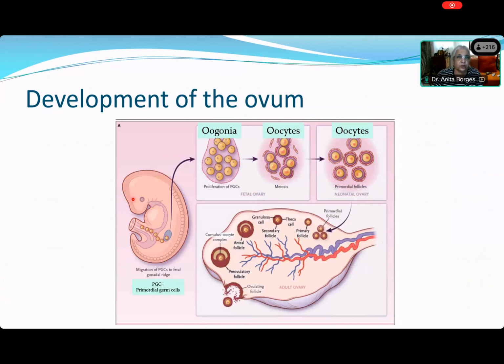Okay, good. So just quickly to tell you the development of the ovum. See here, oogonia are there only in the fetal ovary. In an early fetal ovary, then you get oocytes, and the oocytes are in the neonatal ovary. So all women are born with a fixed number of oocytes, which only decrease with age. Then they develop in the developing ovary, and with each cycle, you are getting the development of the ovum.